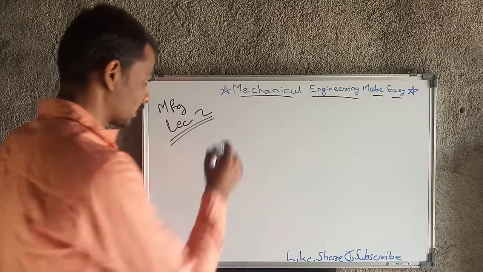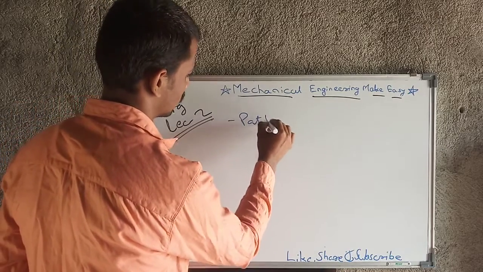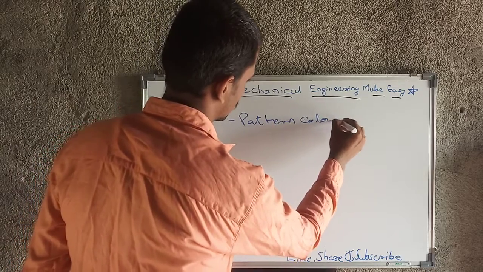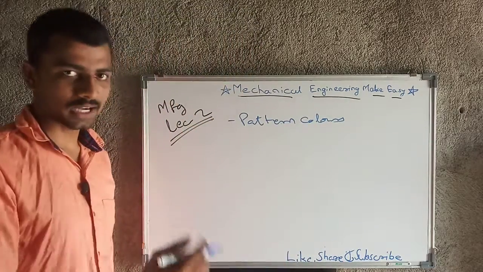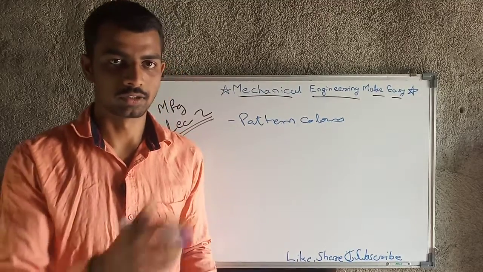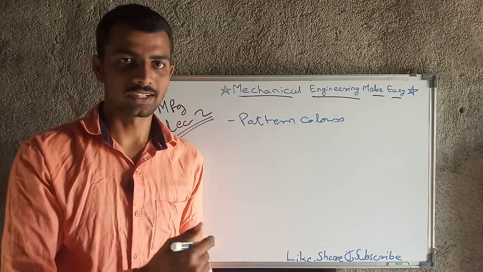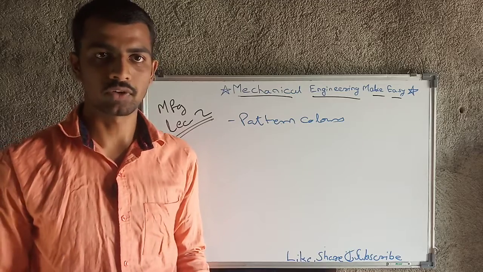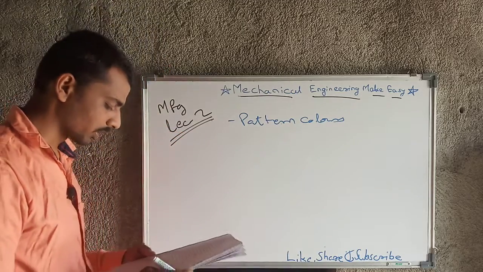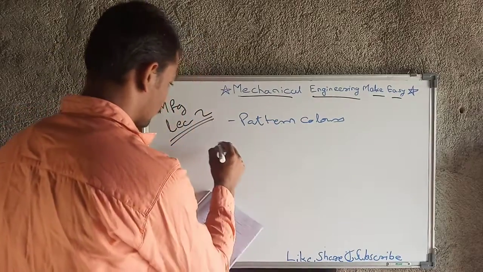Then there is one term, that is pattern colors. Okay, means for proper understanding, we have some standards of colors, that if there is a certain color, then that surface we don't need to have any further finishing process or etc. Likewise there are a number of colors. Okay, so first,